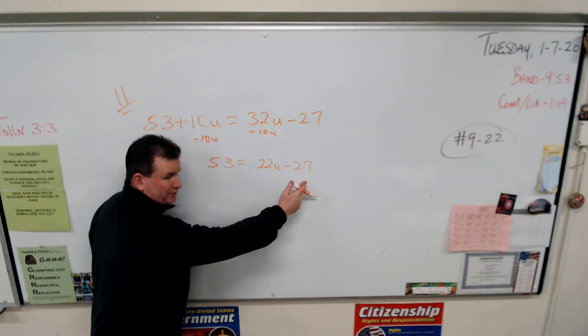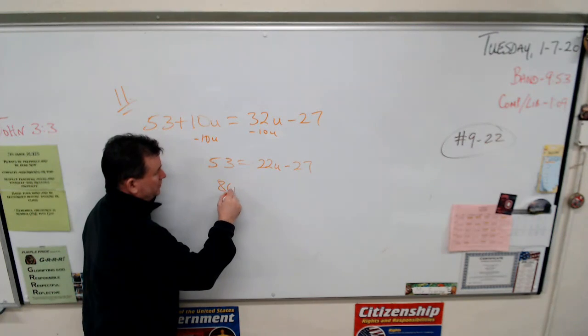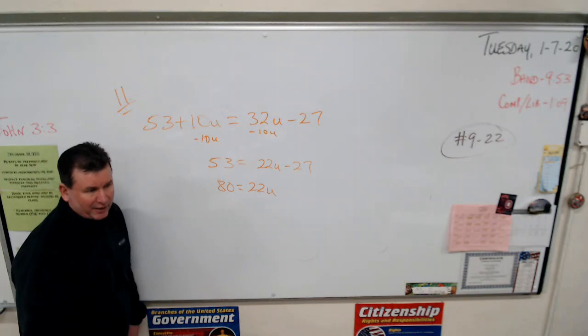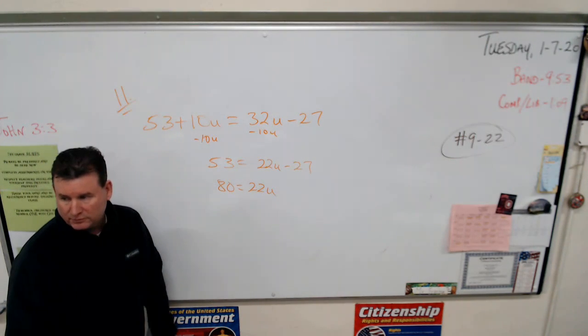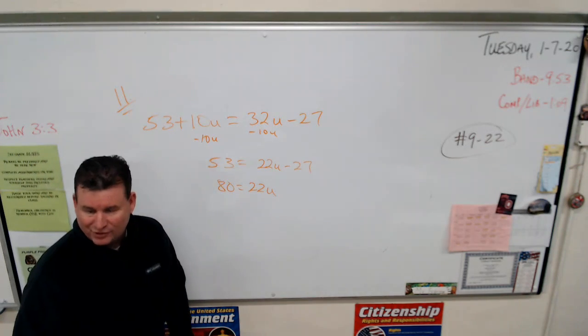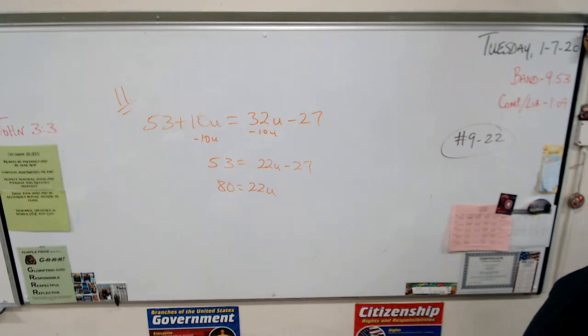You see why? Got to divide both sides by 22. Oh, they're going to give me the answer. Sure. Bella? 3 and